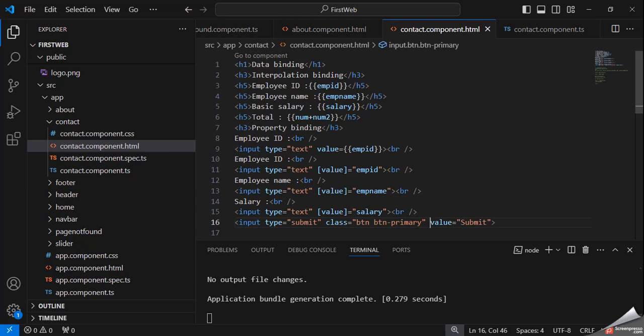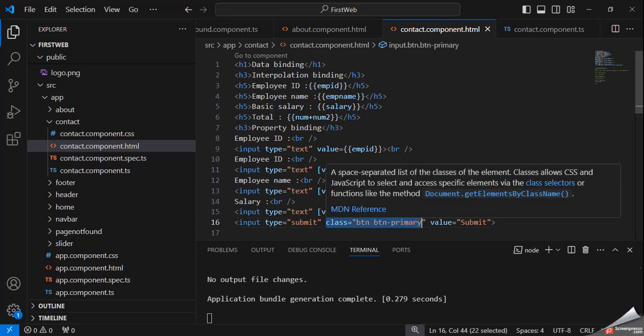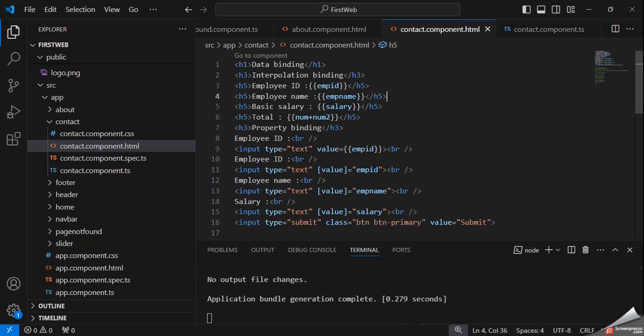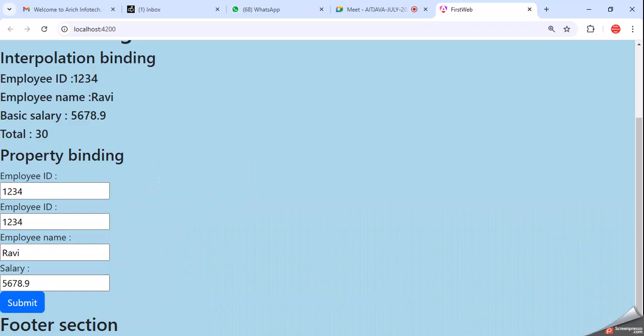Here I have declared the bootstrap class btn primary. So this is a primary button. Okay, no problem.